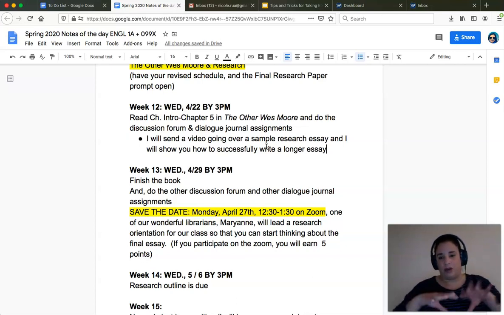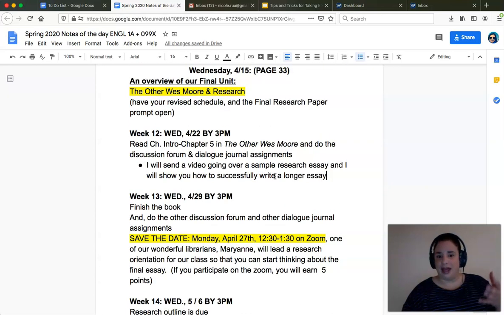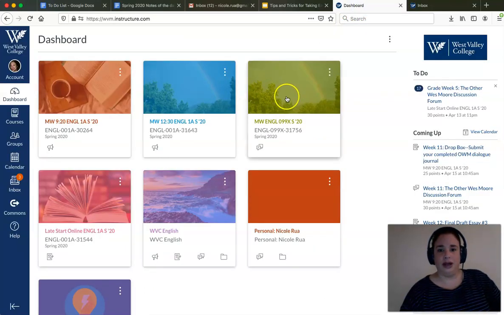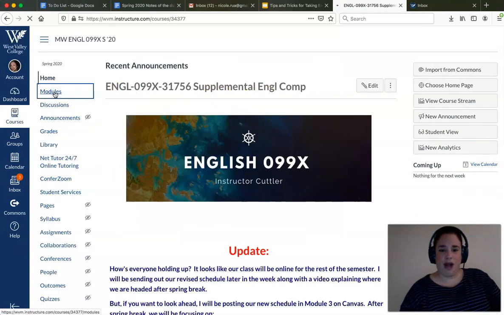So right now I just kind of want to go over what the schedule looks like, and then in the next couple weeks we're going to start looking at the building blocks. How do we get there? Okay, so I just want to quickly show you where to start to look. And so if you look at 99X, modules,